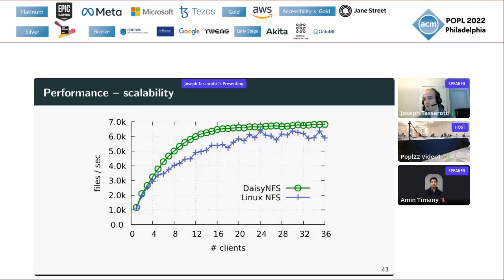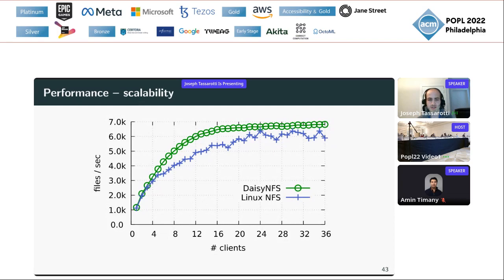We can also look at scalability for multi-threaded execution to say that we really did reason about serious concurrency here. And to that end, here I'm showing the small file benchmark as we scale up the number of clients accessing the server. It's not perfect scalability, but for a modest number of clients, we are getting improvements, and it follows a similar curve structure to Linux. Again, scaling a little bit higher, but don't take that too seriously. Okay, so that's what I want to say about this artifact.